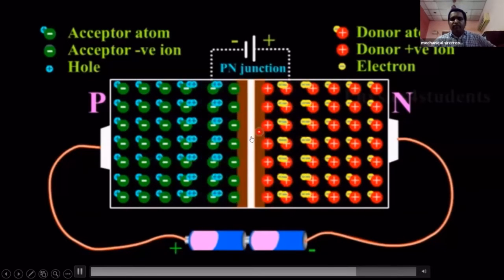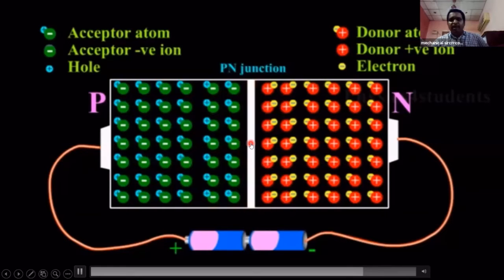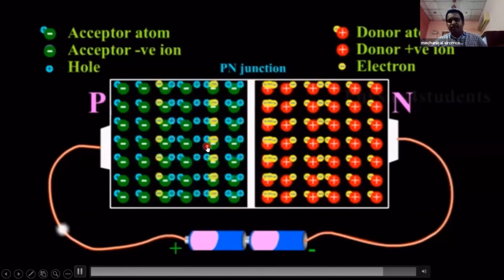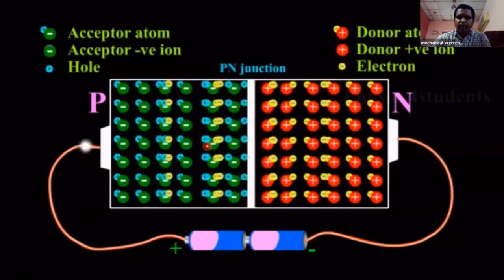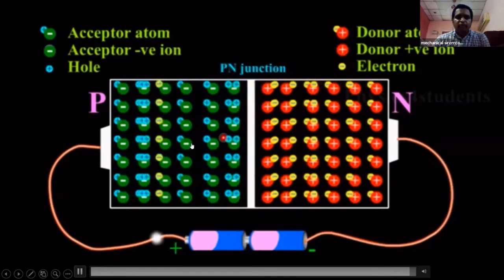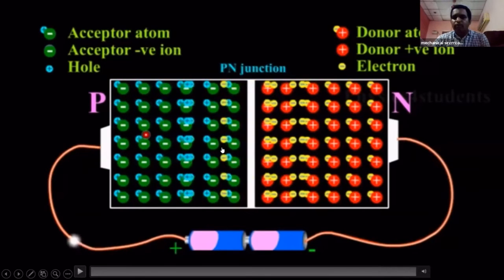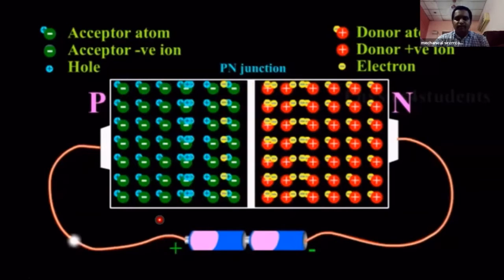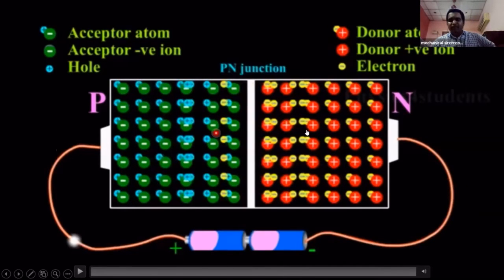If there is no barrier at the junction, what will happen? The electrons and holes move, crossing the junction, and that causes the flow of current. Here the electrons are moving from N-type to P-type and holes are moving from P-type to N-type. Here the current direction is the direction of the holes. We take the direction of holes as the flow of current, meaning the current moves from P-type to N-type.